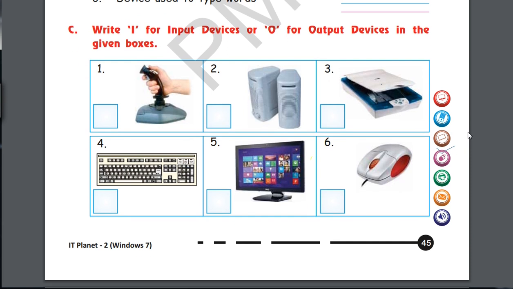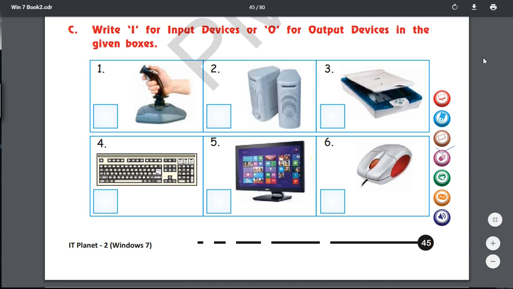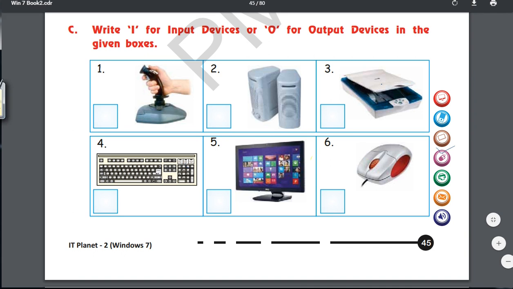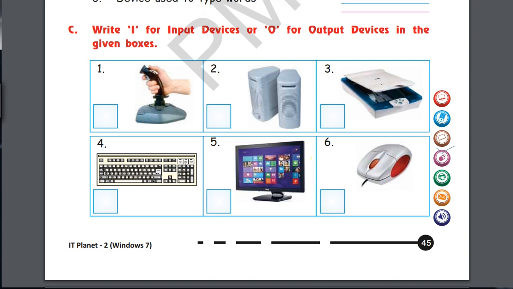Now, number C, you have to write I for input device, O for output device in the given box. So are you ready, children? What is joystick? What kind of device is it? Joystick is I, that is input device.